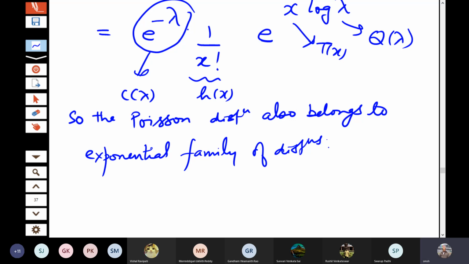Maybe I will stop at this point here. It's almost time today. Because for the exponential family, you will see that a lot of nice things happen with the exponential family of distributions. Because ultimately, whatever we do in statistical inference, we will work with the probability density function or the probability mass function. So if the probability density function or mass function satisfies some nice properties, then for those distributions those nice results will come. That is what we will observe.